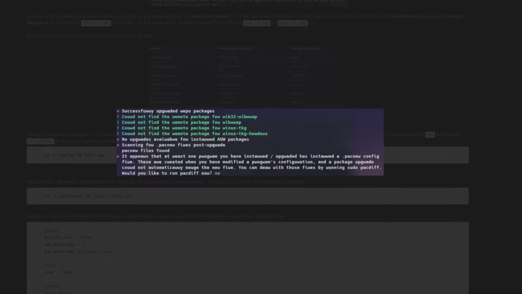No upgrades available for install AUR packages. Yes, it essentially gives your desktop a lisp, which is interesting. It appears that at least one program you have installed upgraded has installed a pacnew config.